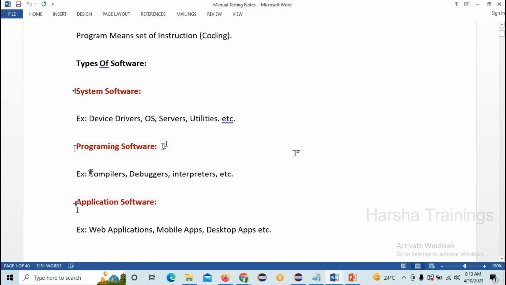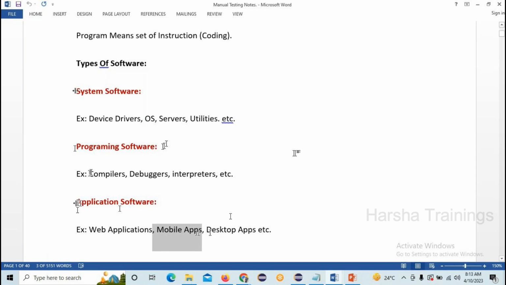And next one is application softwares. Everyone is aware of application softwares. Everyone has a mobile, right? In our mobile, we have different sets of applications. Coming to social media, we have Instagram, Facebook, and WhatsApp. Different types of applications, right? Mobile applications are called application software. Coming to desktop apps, in my desktop itself, I have many applications like AnyDesk, GoToMeeting, and Eclipse. So desktop applications are also called application software.